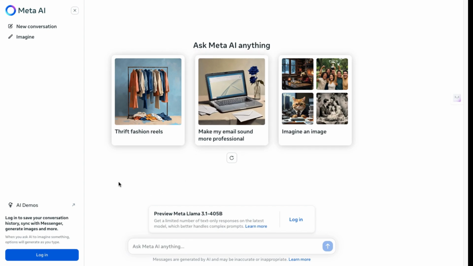Today, we are going to explore the comprehensive guide on everything you need to know about this software. First off, please note that due to geographical restrictions, some users might not be able to access this software. However, using a VPN can bypass this restriction. Now, let's dive into the tutorial.